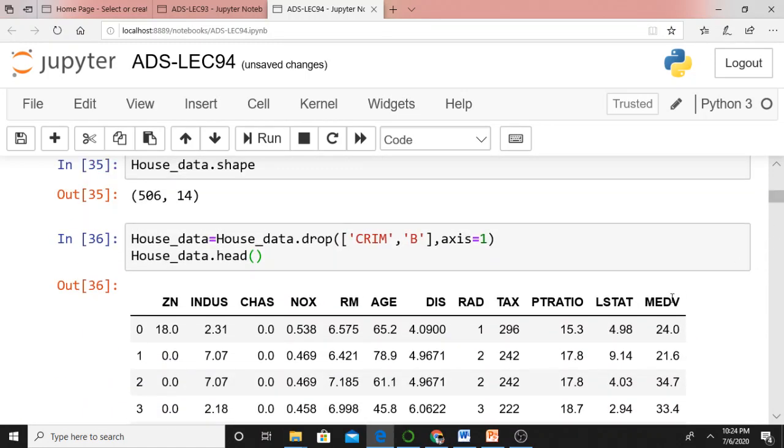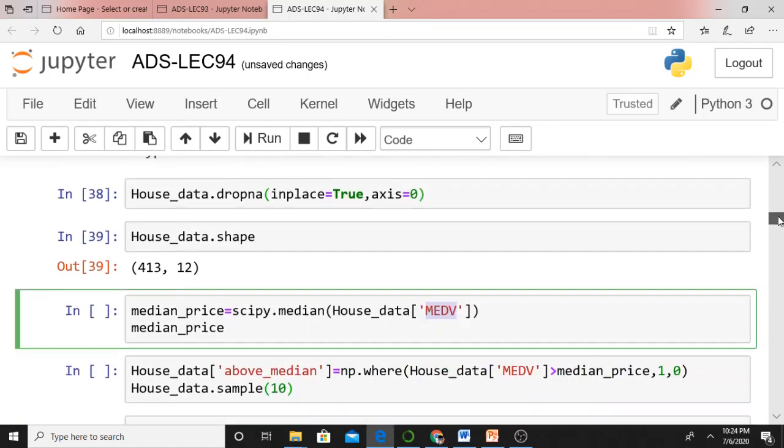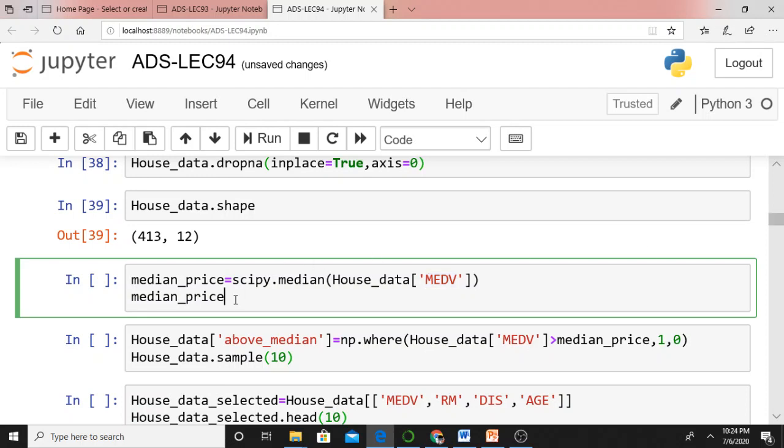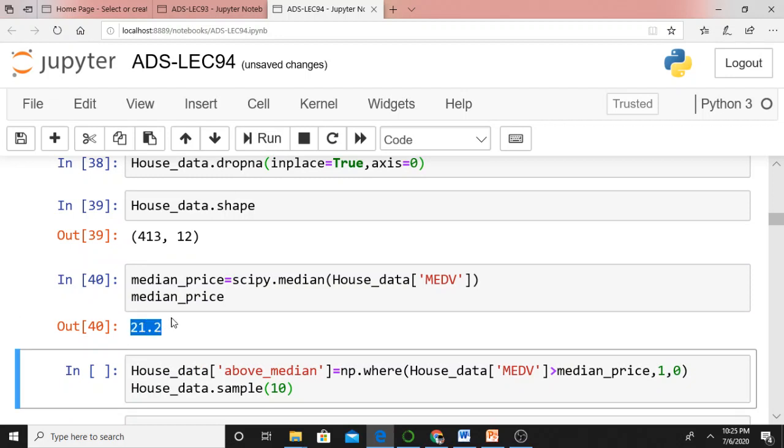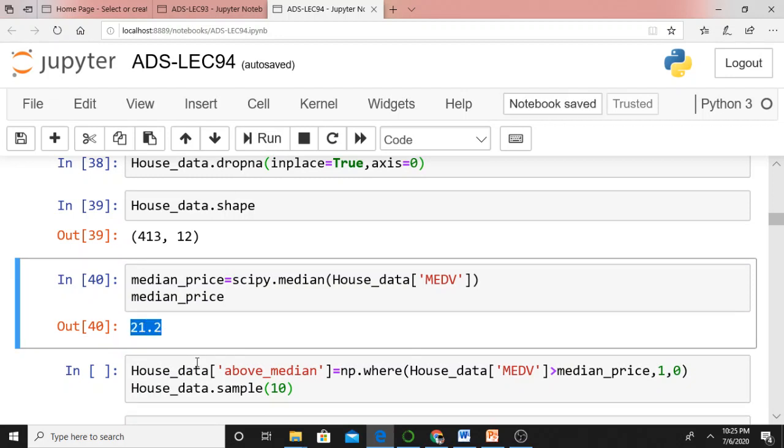For that column, I am calculating the median value and storing it in median_price. Let me run this one. You are getting 21.2. What does it mean? The median price is $21,200. This is a fairly old data set from the 1980s.